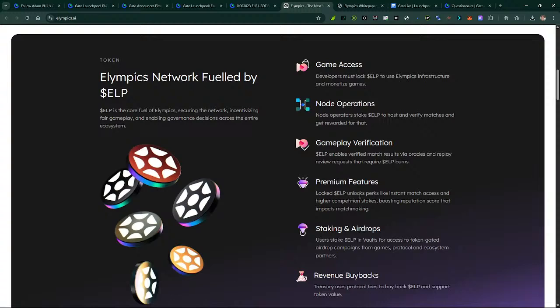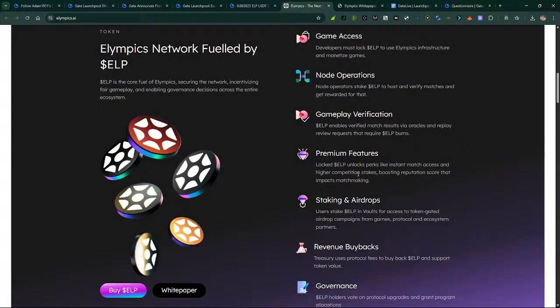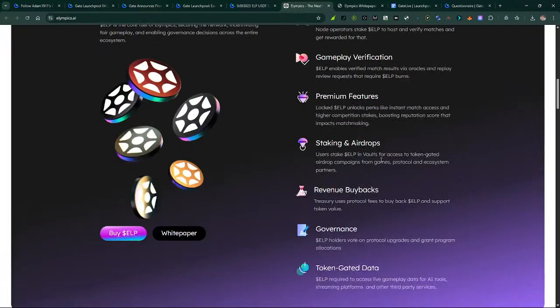Premium features: locked ELP unlocks perks like instant match access and higher competition stakes, boosting a reputation score that impacts matchmaking. Staking and airdrops: users stake ELP in vaults for access to token-gated airdrop campaigns